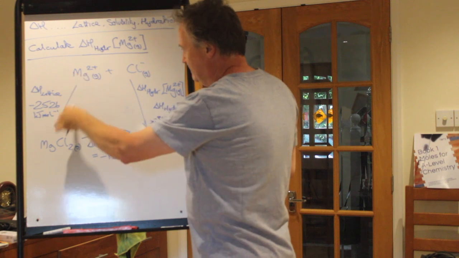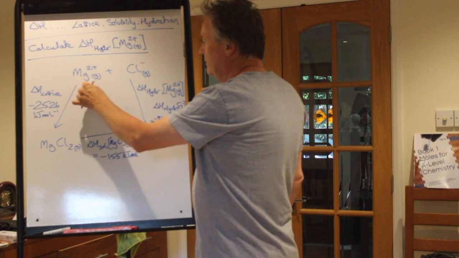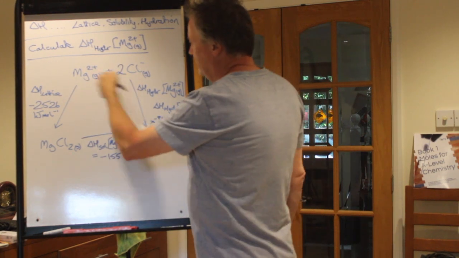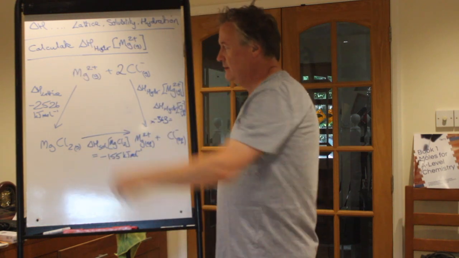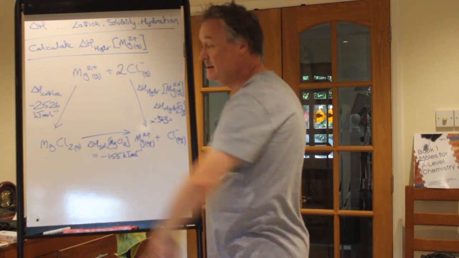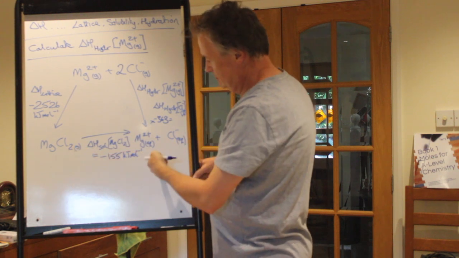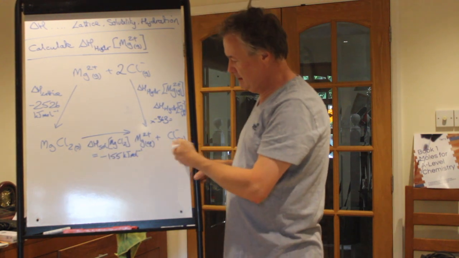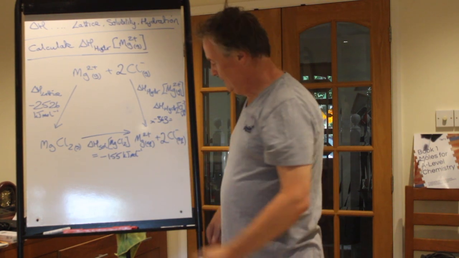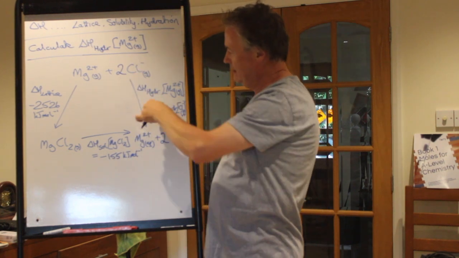So the lattice energy will be, we're forming MgCl2 there, so we need Mg and we need 2 chloride ions now. So Mg, 2 chloride ions makes MgCl2. Quite a large lattice energy value, but because of the way I do lattice energies, it's very exothermic. Dissolving MgCl2 into water will produce Mg2+ ions and Cl- ions, except that in this we need to remember there's a 2. And that has a value of -155,